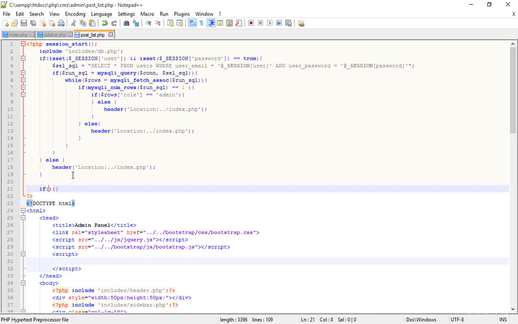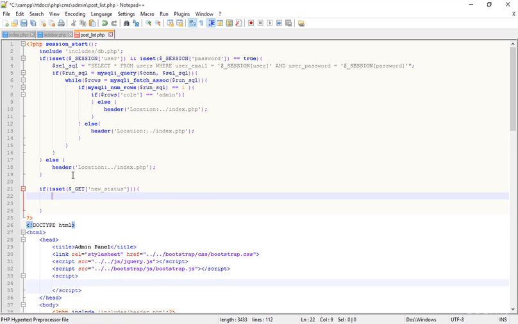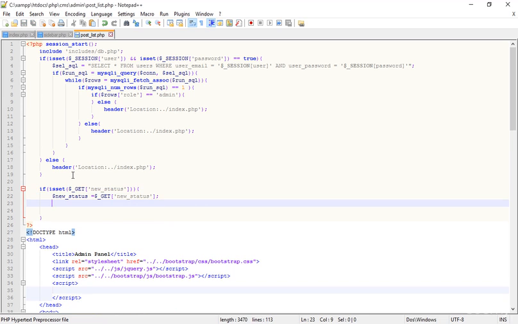Okay, and inside this if, before getting, I have to pass the variable into a function, the get function. And here I'm just going to type is new status, save that, and then inside the curly braces, I'm just getting the new status: $new_status equal to $_GET new status. Okay, and then press enter and type $sql equal to, here we have to run